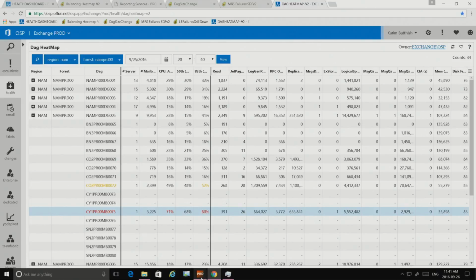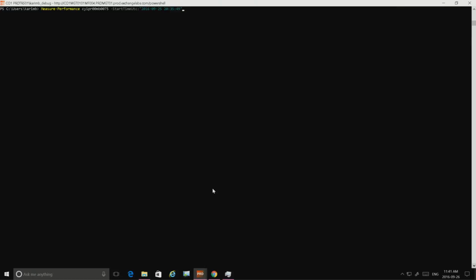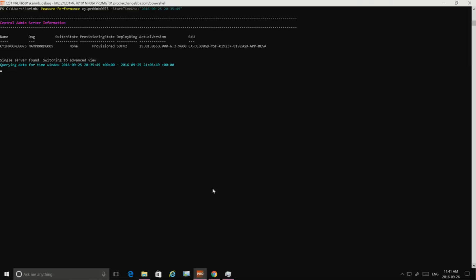Now, as Eddie mentioned, I've been in the Exchange team for a really long time, and I'm pretty old-fashioned how I go debug. A person working on my team who doesn't necessarily need to connect to every server might, instead of going and looking at that server, would essentially aggregate a bunch of process-level information. But I'd rather go look one server at a time. So we've built a tool called Measure Performance, which lets us dig into each machine or groups of machines, or in fact DAGs, to see what's going on.